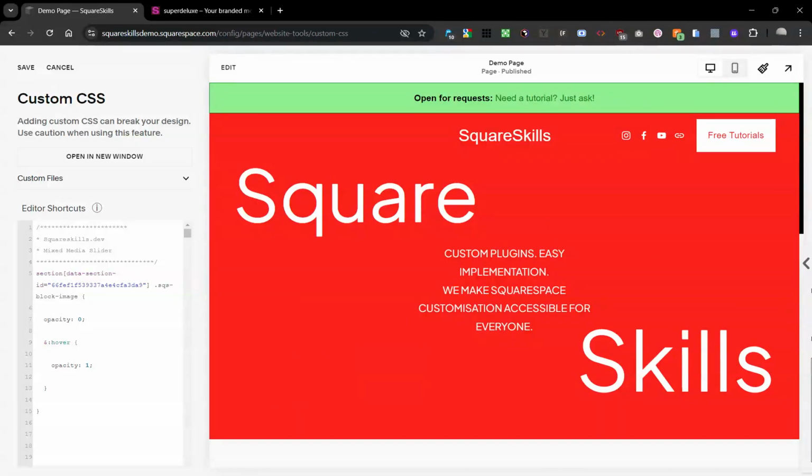So let's go back to the image block itself, and let's add in transition. And we want it to be opacity. We want it to take 1 second, and we're going to make it linear. Nice. They'll fade in and out. Pretty cool. But